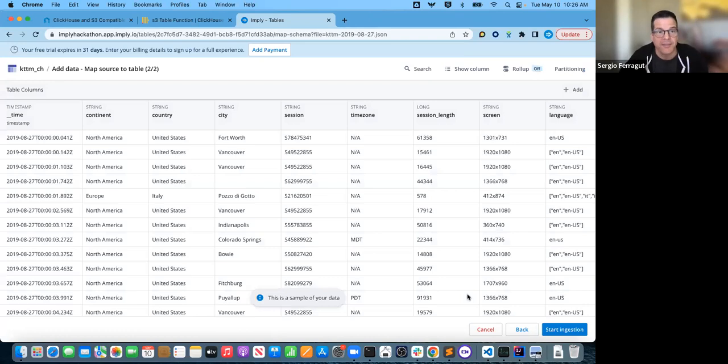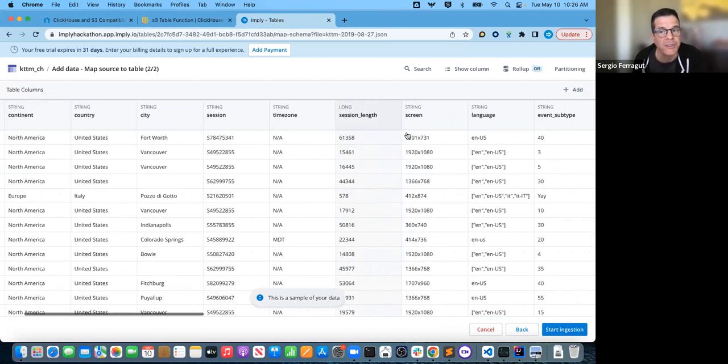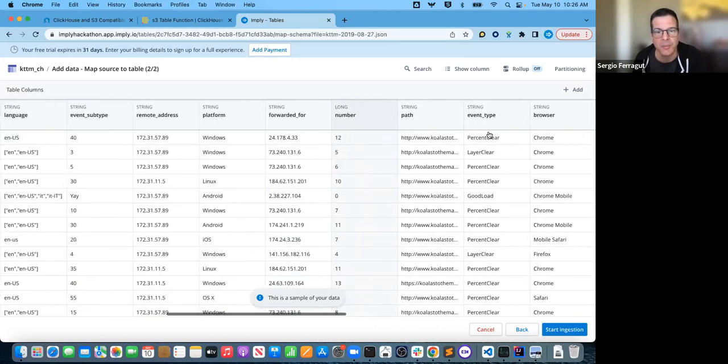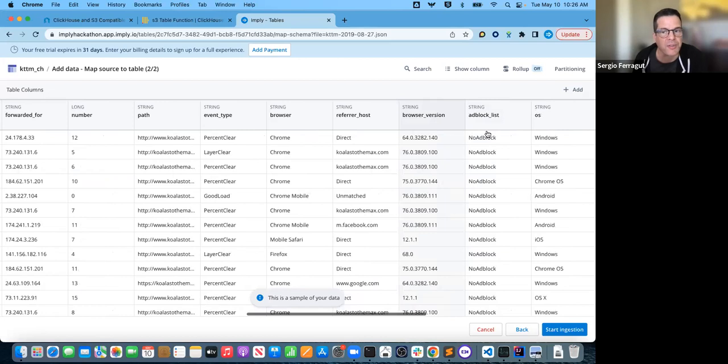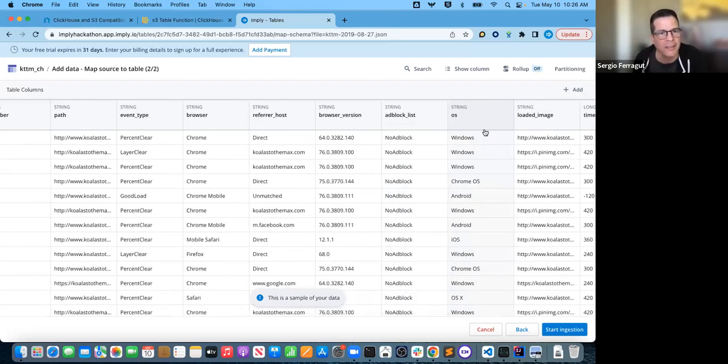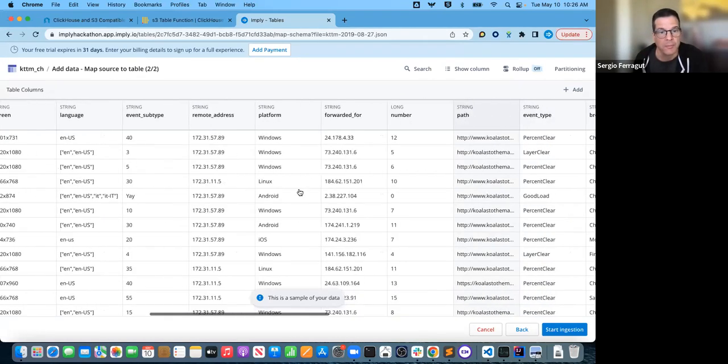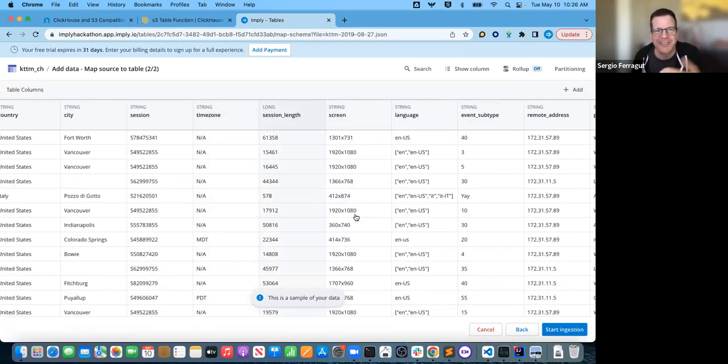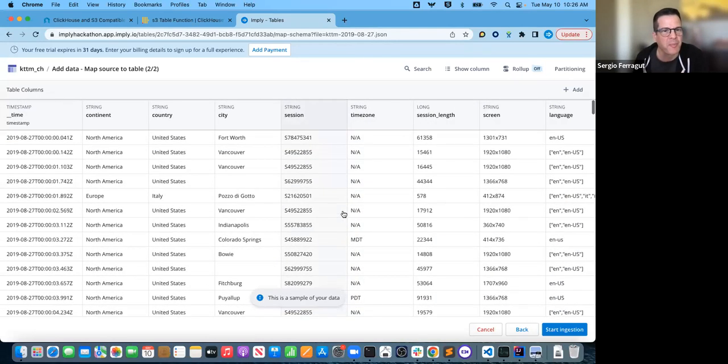What this does is it scans a piece of the file, and it shows you which columns exist in the objects that it sees in the JSON structures, and then gives you a default mapping of which of these columns it considers to be dimensions and which ones it will consider to be metrics or measures that you're going to generate analytics on. So it's as easy as that, unless you want to change something, but for the most part, the default should behave well.